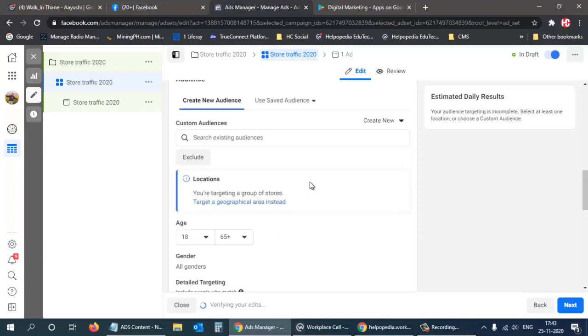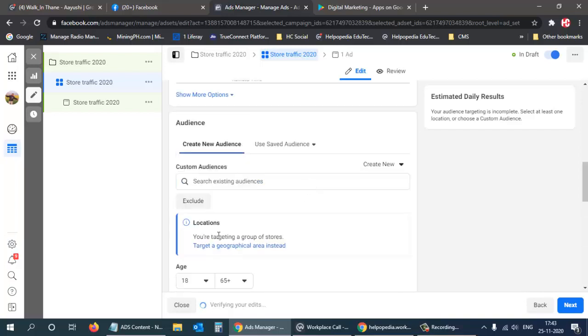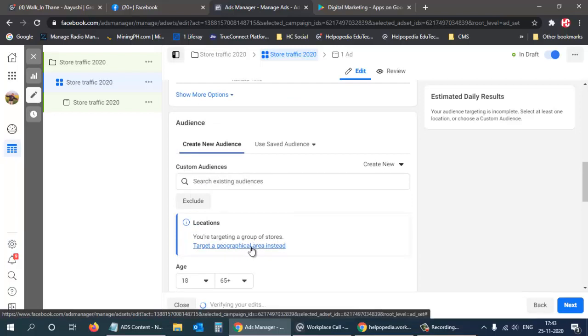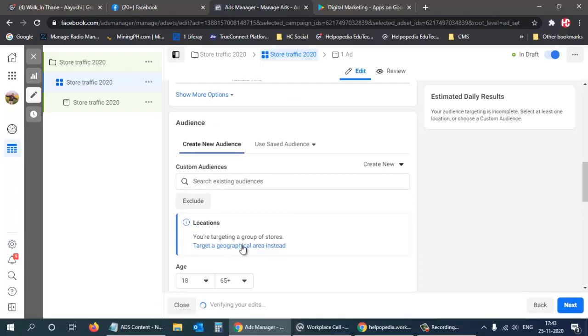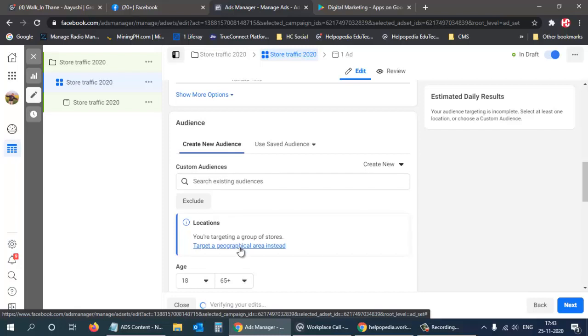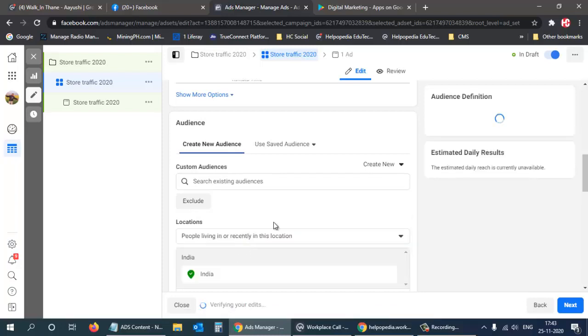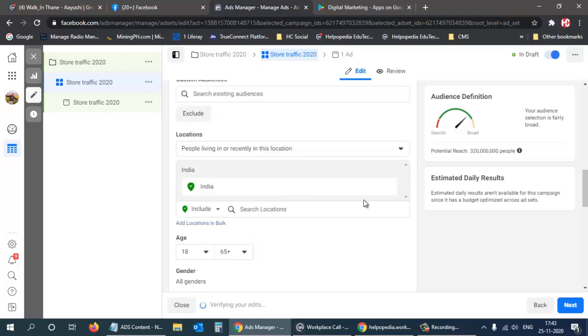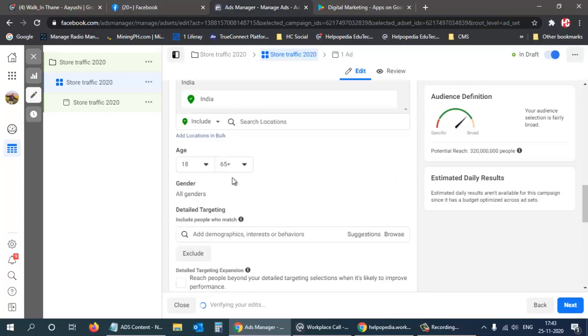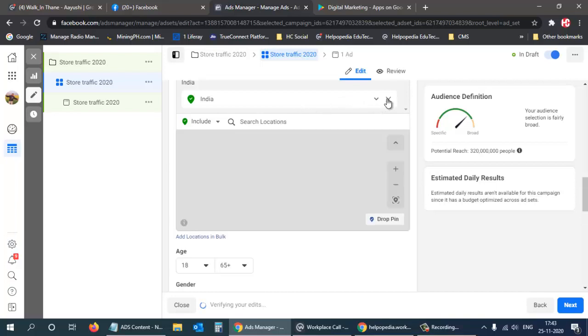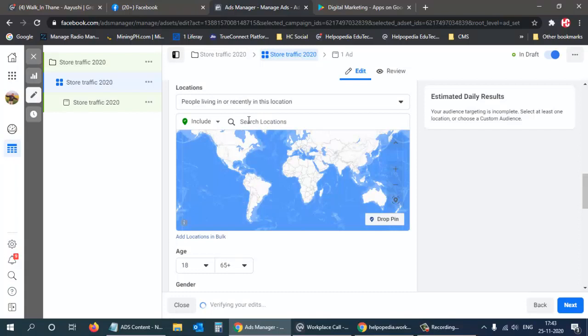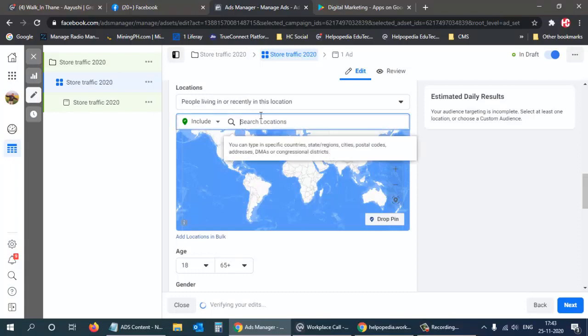So this time I will select you are targeting a group of stores, so target a geographical area instead. So over here instead of that I can select a geographical area because this is a store. So instead of that I can select a location, or else I can search for a location.